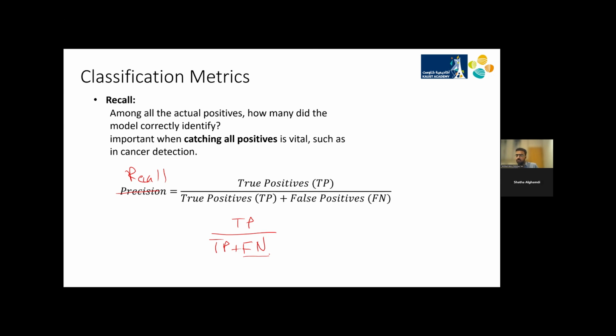For example, this might be important in cancer detection. The patient had cancer, but the model said that they didn't have cancer. So in this case, we want the model to have a very high recall. So basically, what we want is a model which has high recall and high precision also. Okay,